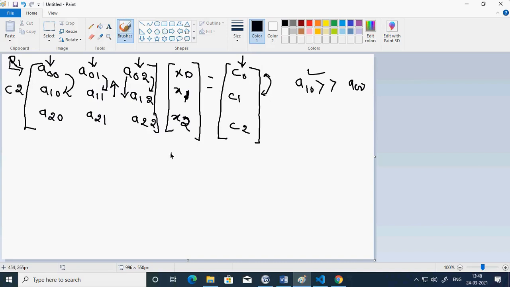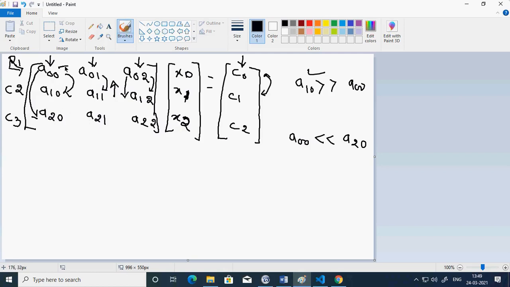Let's say we have done it. Assume that we have done it. Now it's time to change the C2 to C3. So my comparing row becomes C3, against my reference row R1. Now I am going to compare this value and this value. If A00 is smaller than A20, that means this is larger, so this needs to go up.